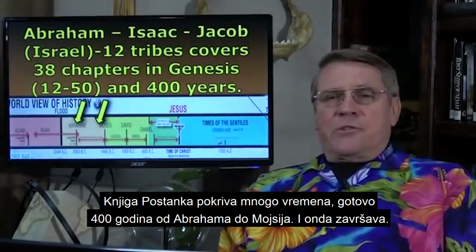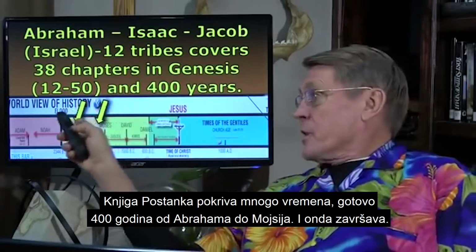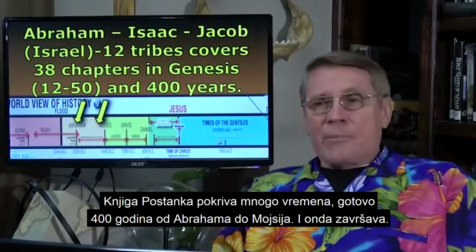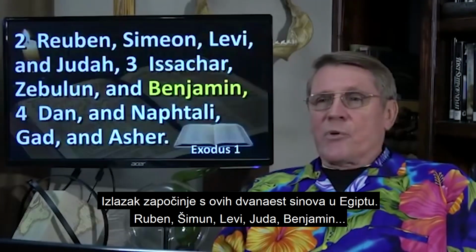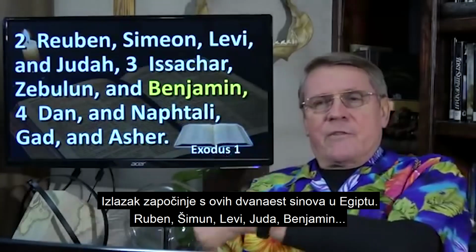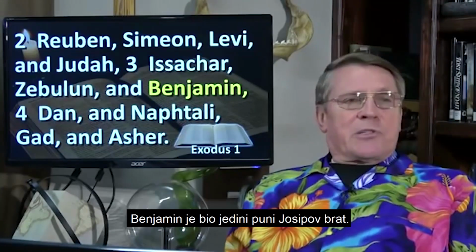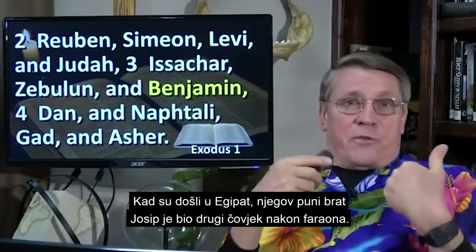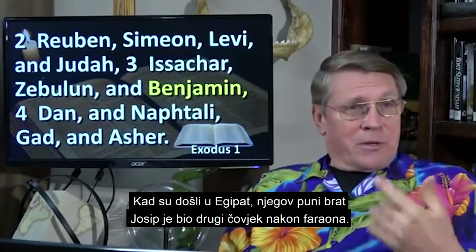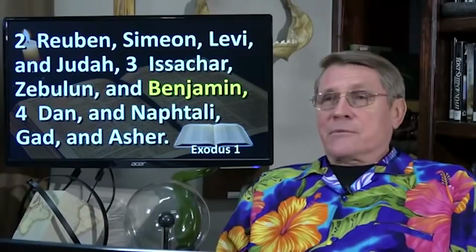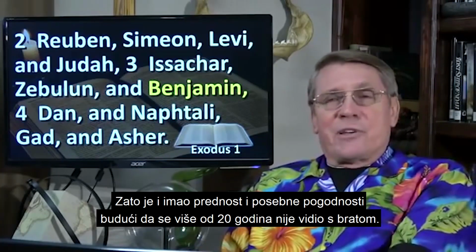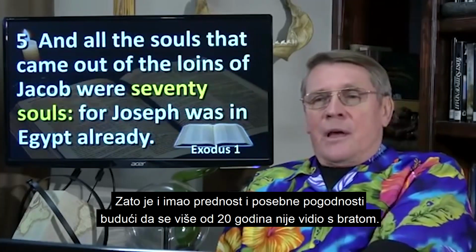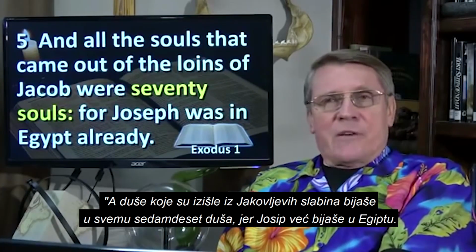So the book of Genesis covers a long section of time, nearly 400 years, from Abraham to Moses. And then it stops. Now Exodus starts up again with these 12 boys down in Egypt: Reuben, Simeon, Levi, Judah, Issachar, Benjamin. Benjamin's the only full brother of Joseph. And so when they come down to Egypt, his full brother Joseph, who's now the vice pharaoh, or whatever they call him, takes special advantage of this and really gives his brother extra stuff that he hasn't seen in 20-some years. And all the souls that came out of the loins of Jacob were 70 souls,